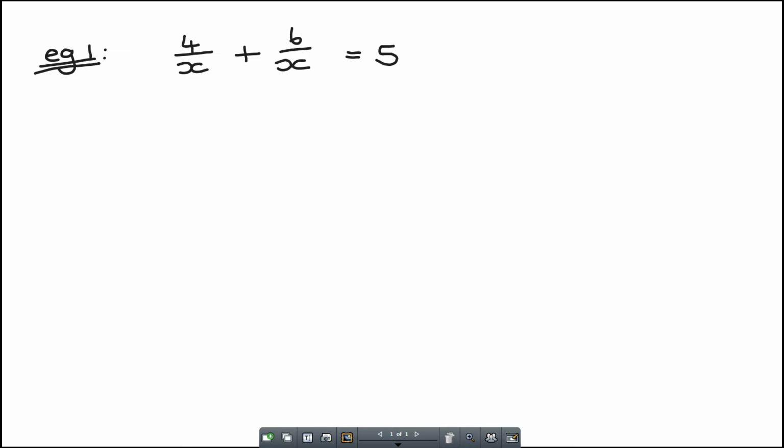Okay, so look at my denominator here. Are they the same? They're both x. Now, even though we don't know what x is,